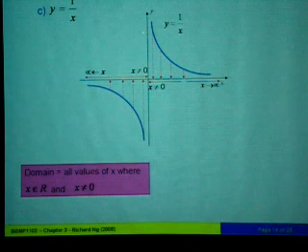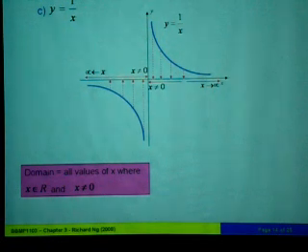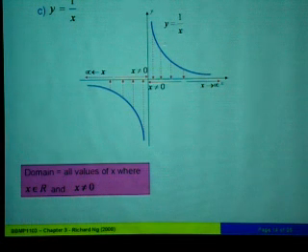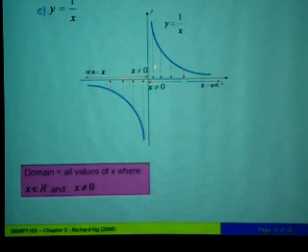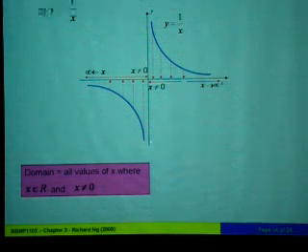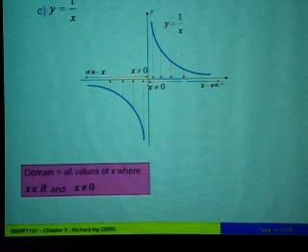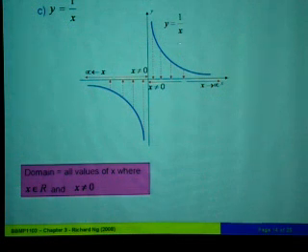But for this type of equation, the curve doesn't touch the y-axis. Right? It doesn't touch the y-axis, it doesn't touch the x-axis. So therefore we can say the domain will be any value of x until infinity, but it must not be equal to 0 because it does not touch the 0. Okay? We can actually check by substituting the value of x equals 0. So we realize that if we substitute x is 0, we will get 1 over 0. And 1 over 0 is actually, it's not